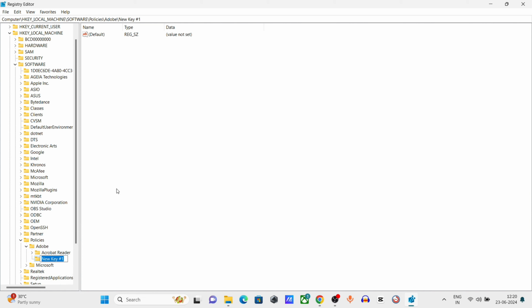type CCX New, right click and select New, select DWORD 32-bit, type Disabled,